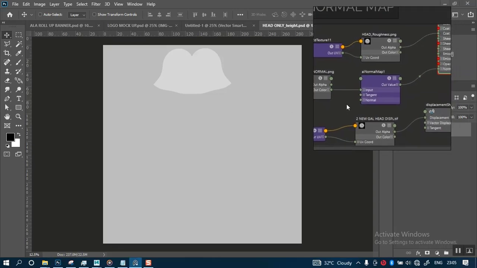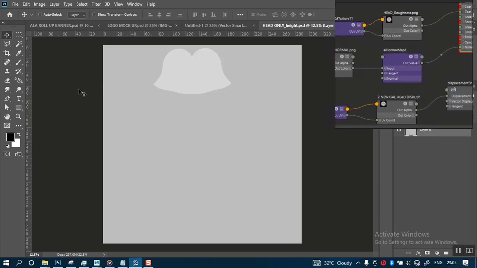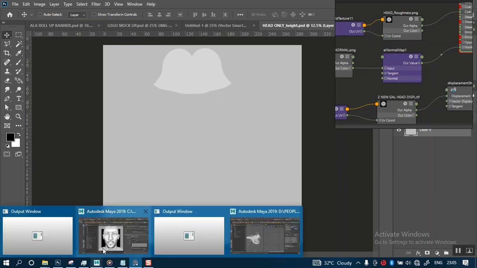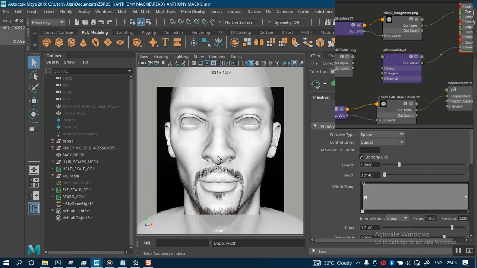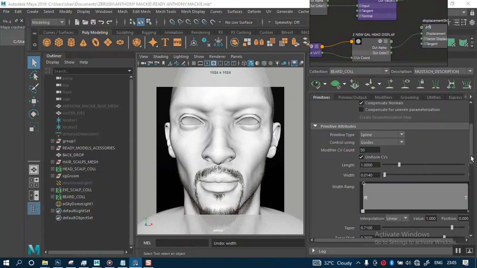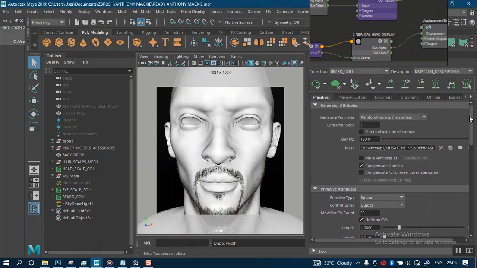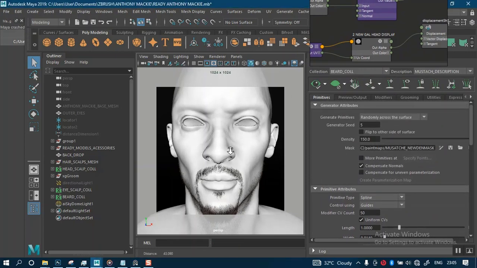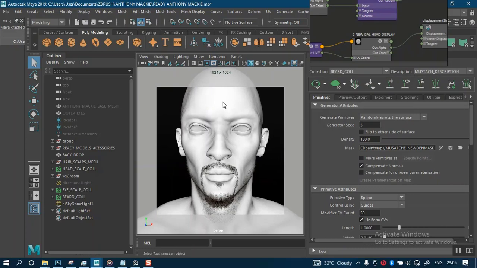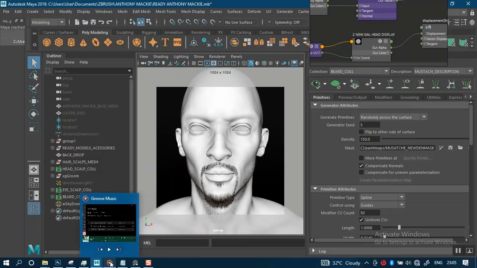Welcome back, guys. So I baked a new map inside of Marmoset Toolbag. I kind of baked a displacement map out of Marmoset Toolbag because in Maya I could not get the skin pore details to actually show properly. So inside of Marmoset Toolbag, I baked out a new displacement map for just the head. I don't know if that will actually work, but I just want to try that out